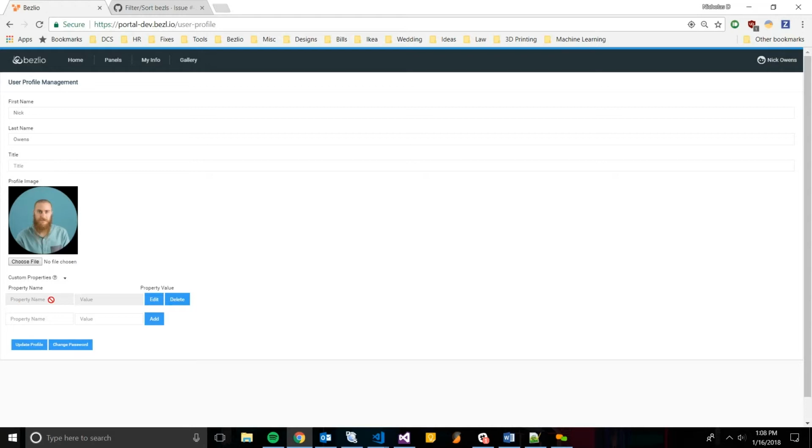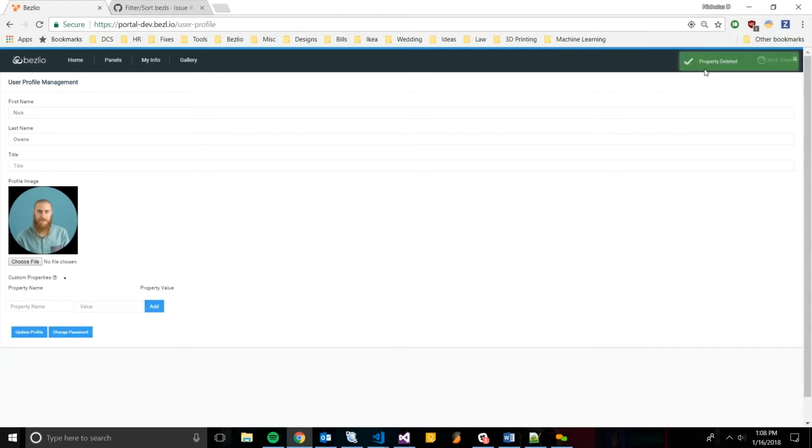I have a blank one here, but I'll just delete that one. These properties are just related to this user, and could only be accessible through this user's account. We have a customer right now that is doing customer portals, and he's going to have a bezel that uses a custom property, and that custom property is going to define a customer ID,